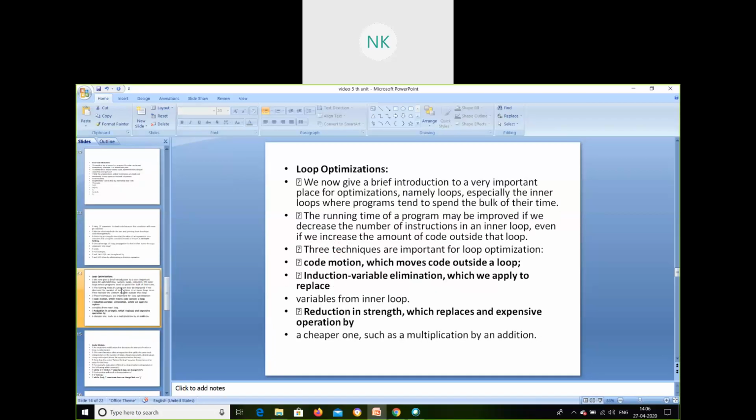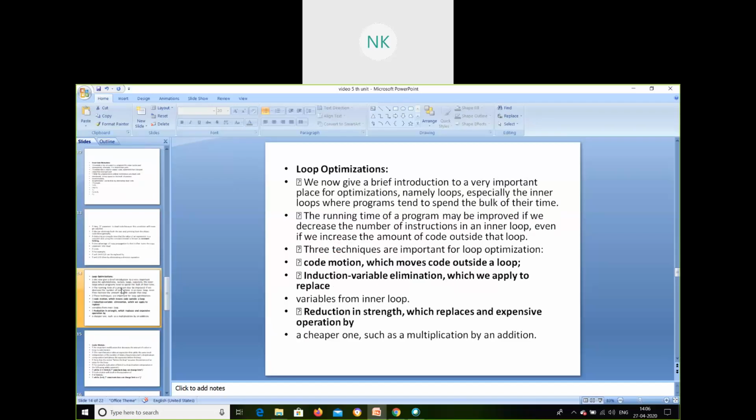Next one is loop optimization. Loop optimization is a time-consuming optimization. If the compiler takes time to execute some program, it is only inside the loop. If the content inside the loop is so much, it will take much of the time to execute the inner loop, and then it will come out of the program. To reduce the program execution time, we should reduce the inner loop.